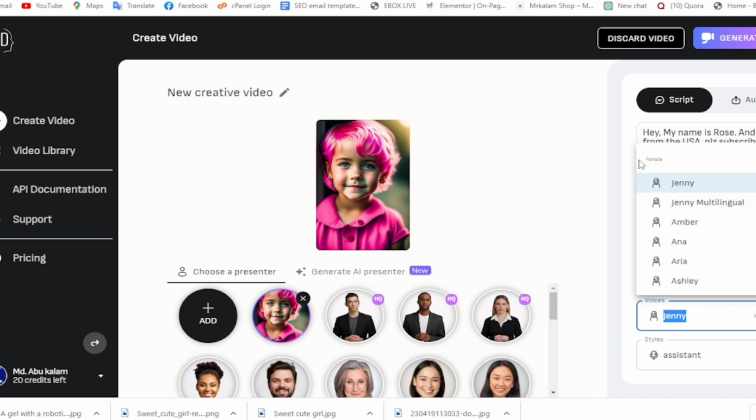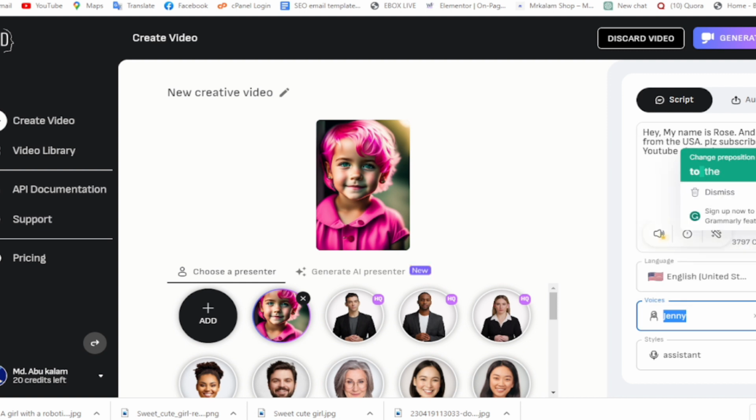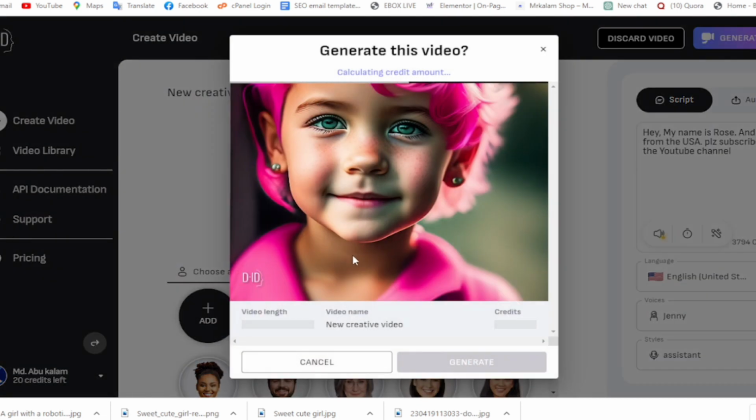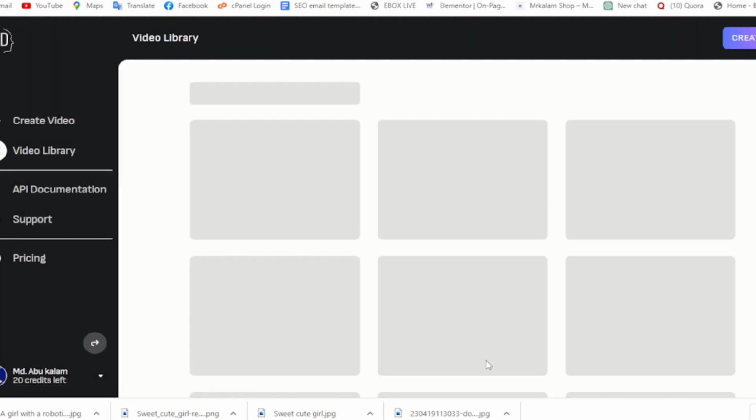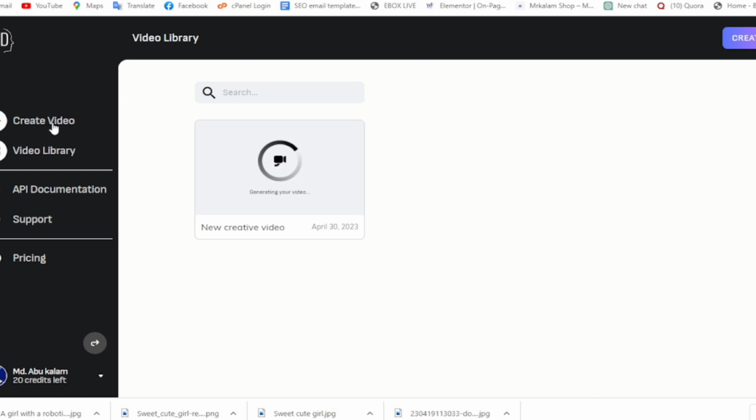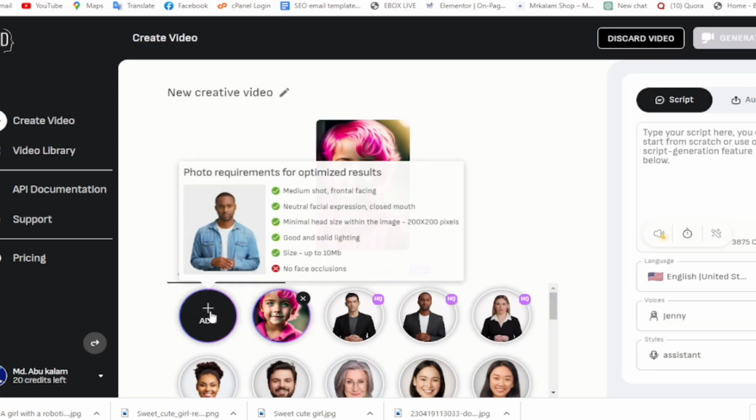I choose this one. Jenny assistant. Then generate. Then generate. I create more, I just go to create new, then